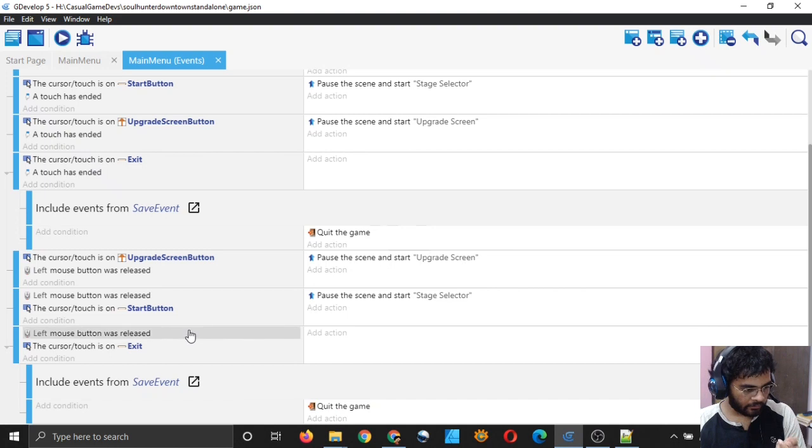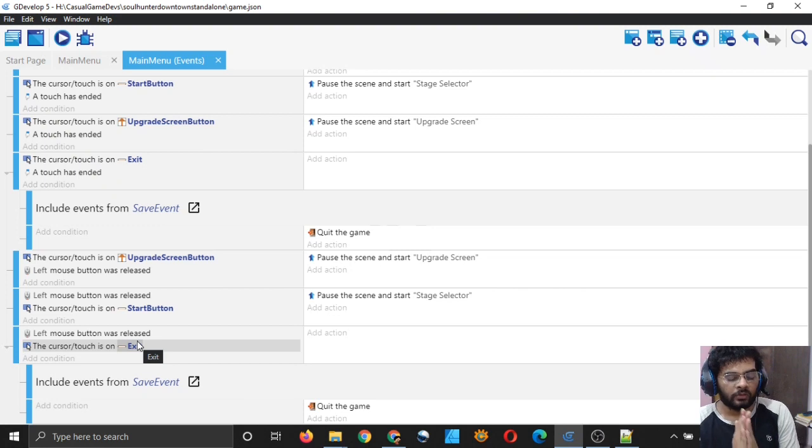I think I should show an interstitial ad before doing this. So you can add an interstitial ad between scene changes. If you are changing the scene, then you can add an interstitial ad, right?